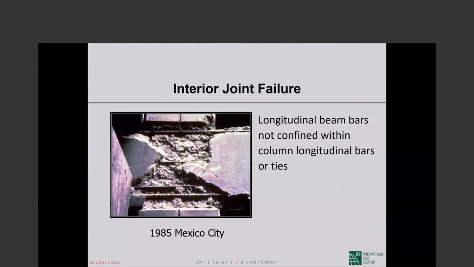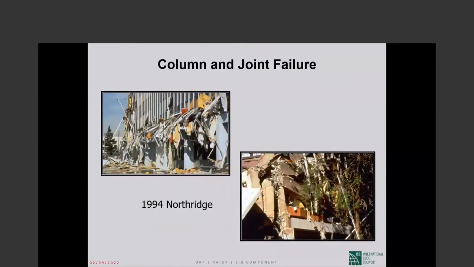Okay, interior joint failure. Well, this is after Northridge. This is pre-1973 UBC construction. This is worth looking at, the difference. Back in those days, the joint was not paid any attention to. So this was a Kaiser Permanente facility. Kaiser Permanente is a healthcare system, very big in parts of the country, including the West. Anyway,